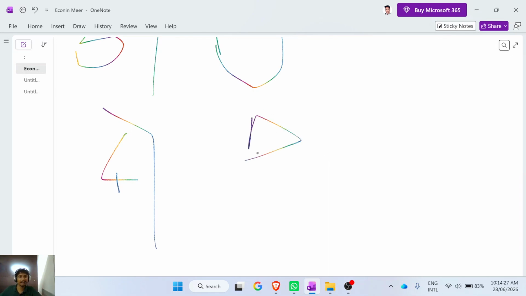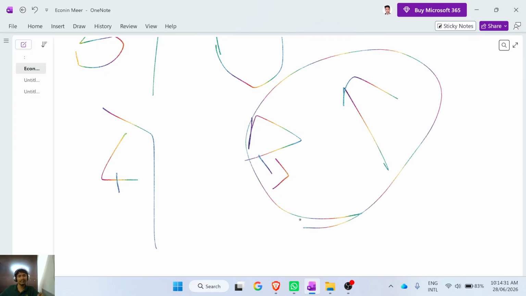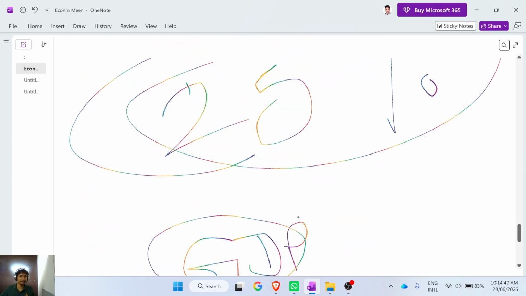Next is the central bank. If our central bank increases the interest rate, that is also macroeconomics. We don't need to study this very deeply. It's enough. Therefore, the examples of macroeconomics are: